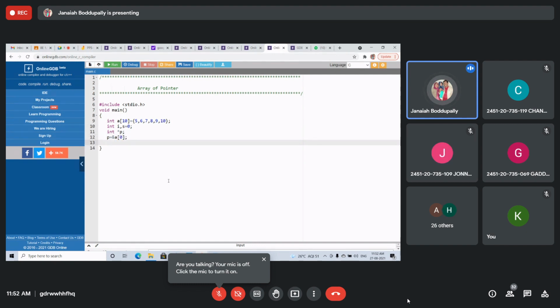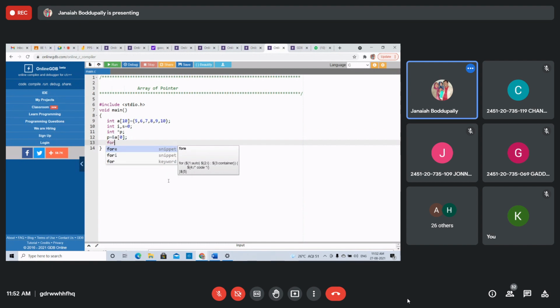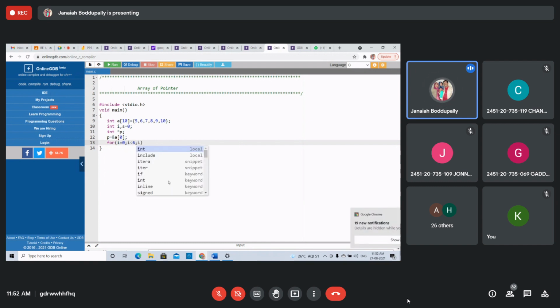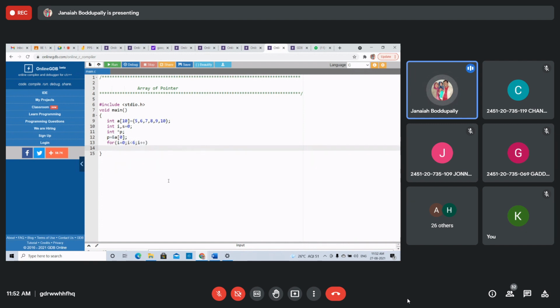Now using a for loop, i equals 0, i less than 6, i plus plus. Simply, S equals S plus star of p plus i. That's it.